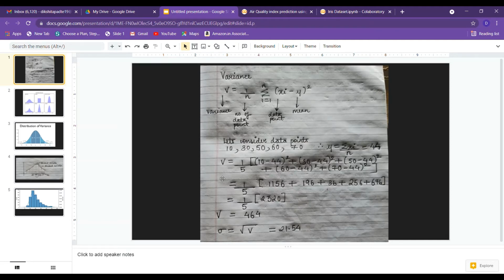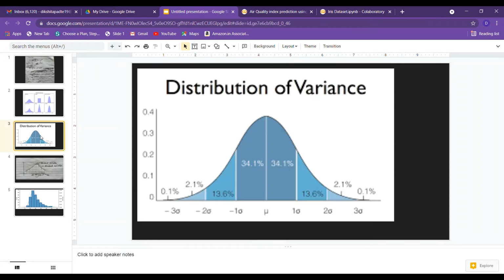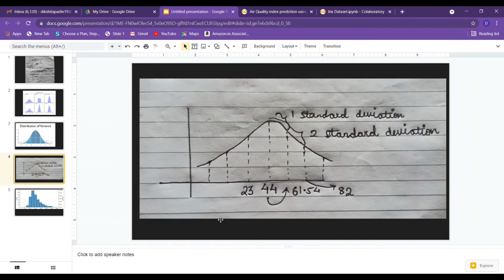Here I have taken only 5 data points, but in your actual data set there is a large number of data points. So this is what a standard deviation is. This was our mean, and we got our deviation as 21.54.